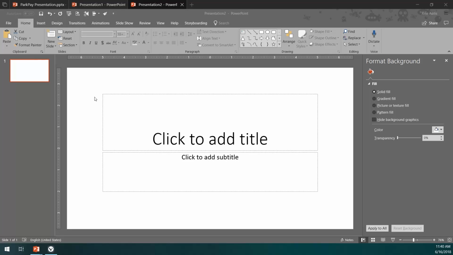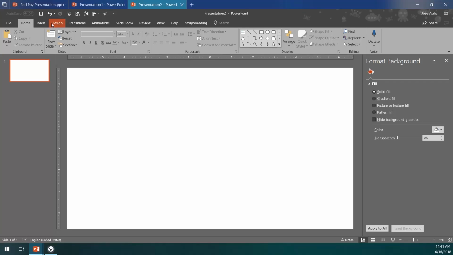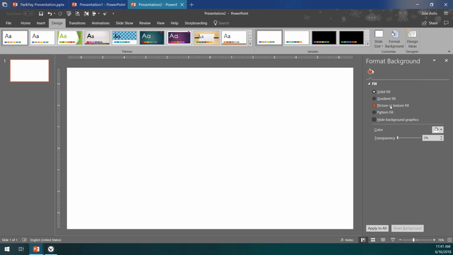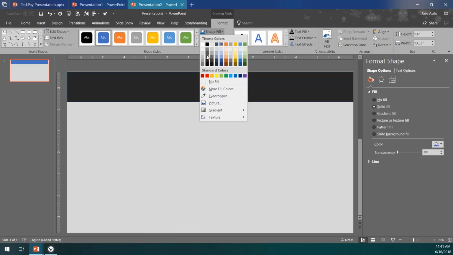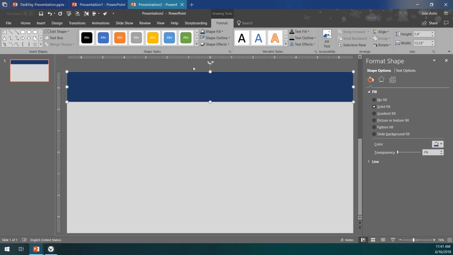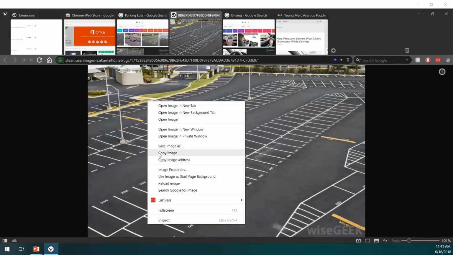We have this blank PowerPoint presentation. We delete the title, go to design, format background, solid, create a darker background. I'm going to create here insert, shapes, rectangle, put something in here, change its color to something that I want, eliminate the outline, we have something in here. Then we're looking for a picture on the internet, can be this one, copy image,